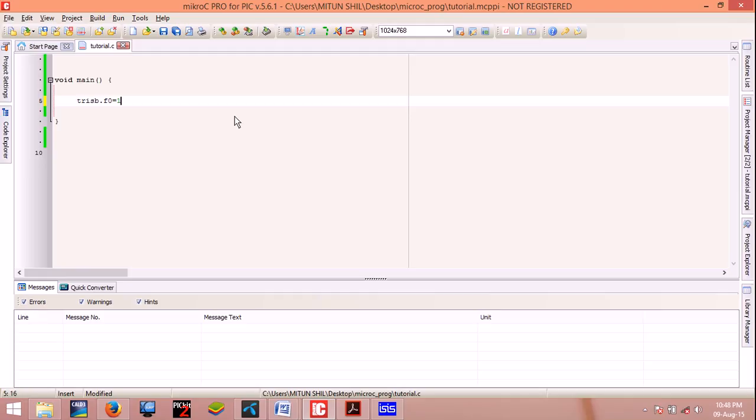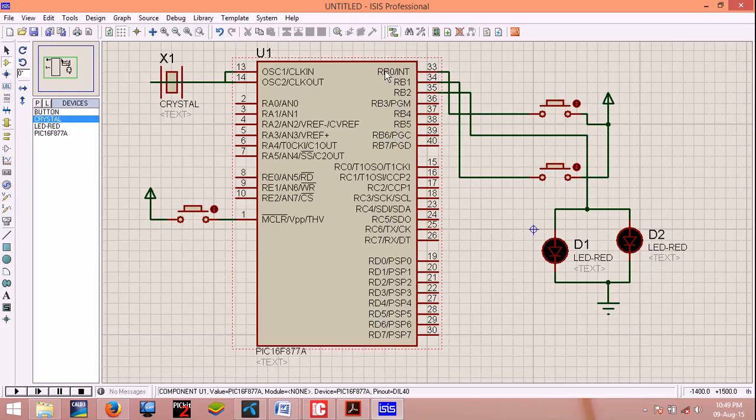So we have to ensure this: for the pin we will be using as input, we have to put 1. Here you can see that I have written TRISB.F0 equals 1. That means the B0 pin will be the input pin. That means it will be taking the signal from this button,